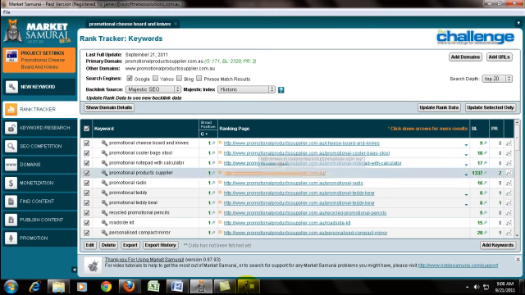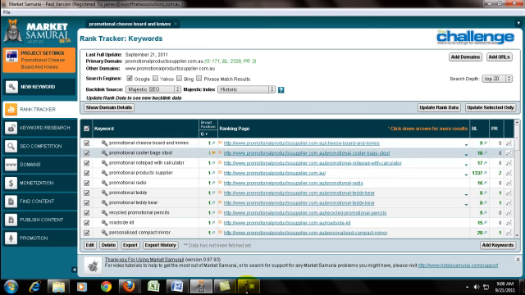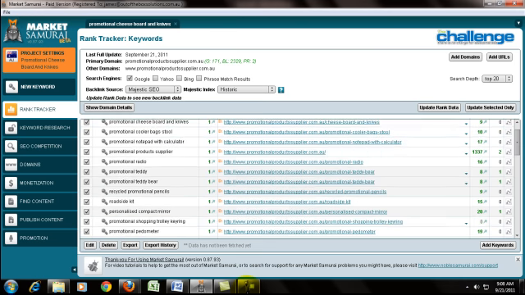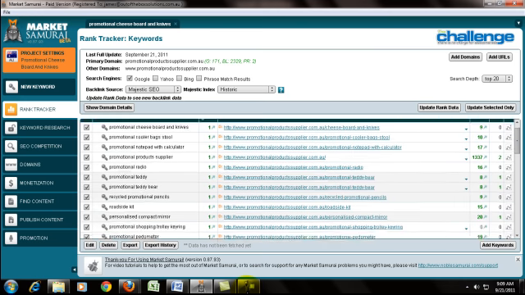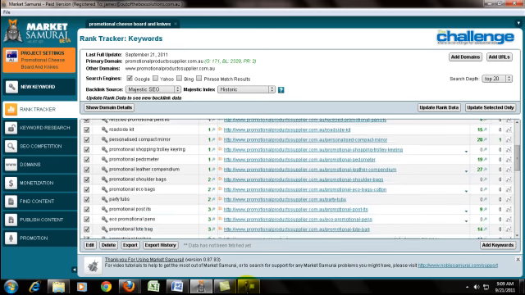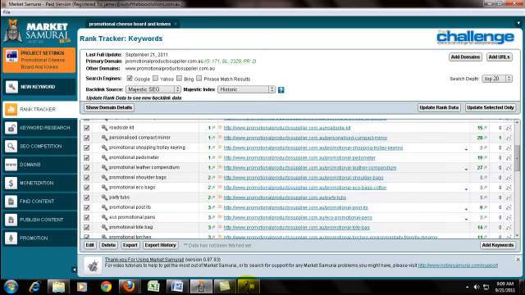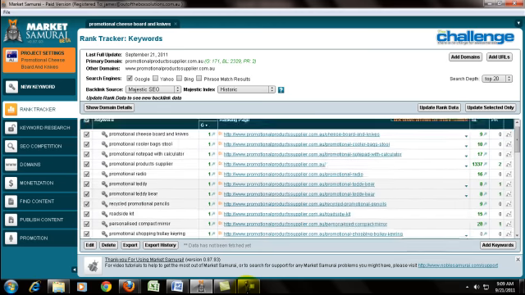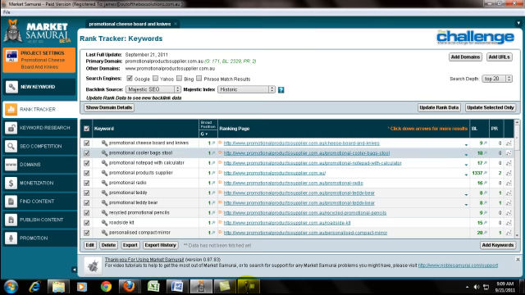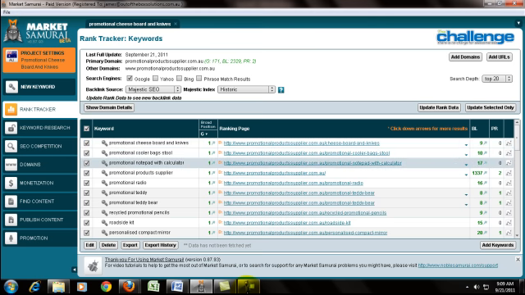So now we have the results for the rank tracking. As you can see, this field here is displaying the ranking of the keywords for google.com.au. We can see that there are a lot of keywords. The ranking, PPS is ranking number 1, and it displays the PR, the backlinks count.